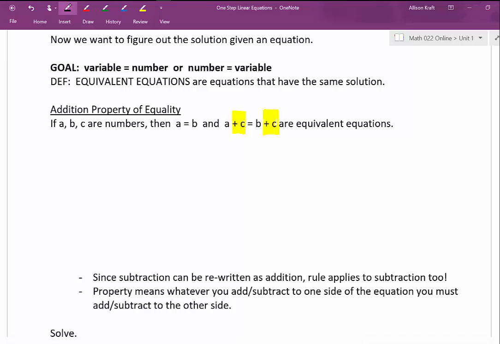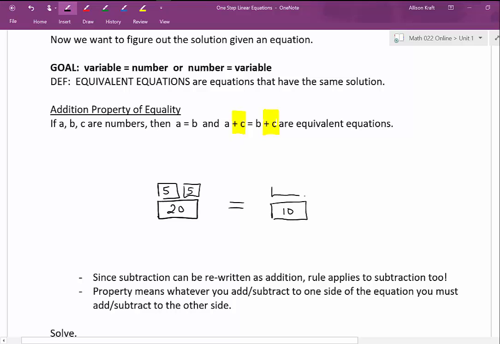Let's have more of a real life example. Say that you have two stacks of money worth $30 a piece. Now it's possible that they look different. So maybe I have a 20 and two fives, and I have three tens. Each of these stacks of money equal the same amount, even though they look different. If I decide to add another $10 to this side,